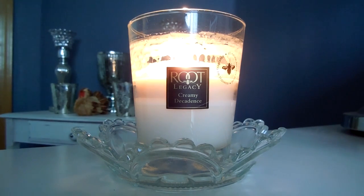As far as this fragrance goes, if you are someone who loves sweet, creamy, milky, cookie type scents, this is definitely one worth grabbing. I talked a little bit about the strength of this candle being about a 6.5 or a 7. The throw, I would put right around a 6.5 or a 7 as well. So this is not going to be like a Bath and Body Works candle. This is more along the lines of a couple of steps up from your average Yankee Candle, at least